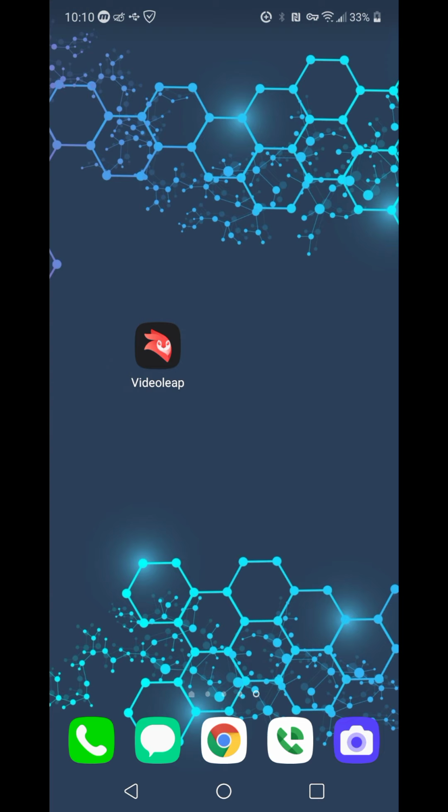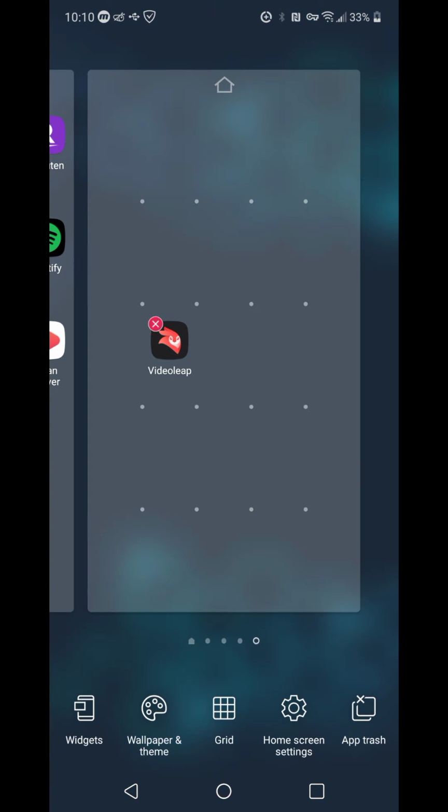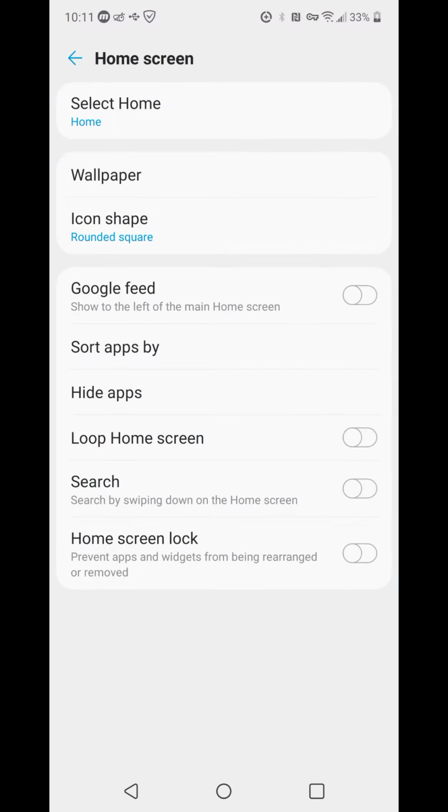So what we're going to do today is I'm just going to show you something extremely simple on how to get every app that you have back on your screen, and you can do it in two different ways, and I'll show you how. So what we're going to do first is we're going to hold the screen, and then we're going to go down to home screen settings. Now, you have the sort apps by. Okay, sort apps by,